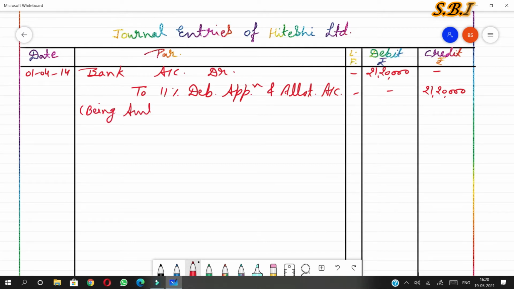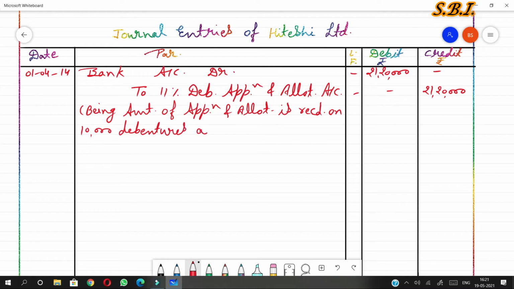amount of application and allotment is received on 10,000 debentures at rupees 212 per debenture. Then second entry,